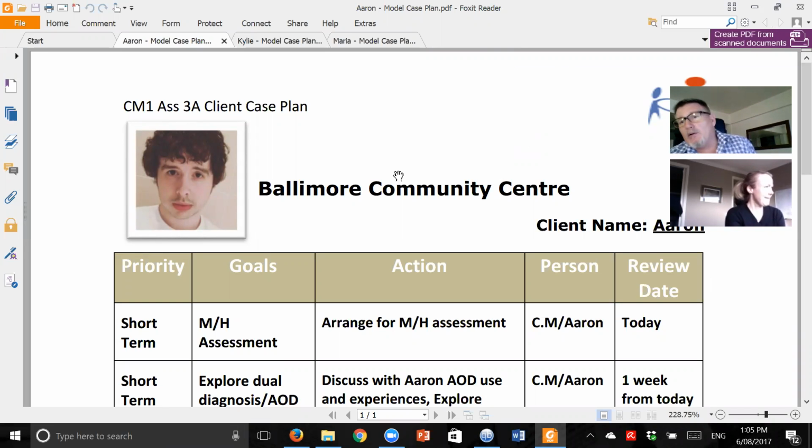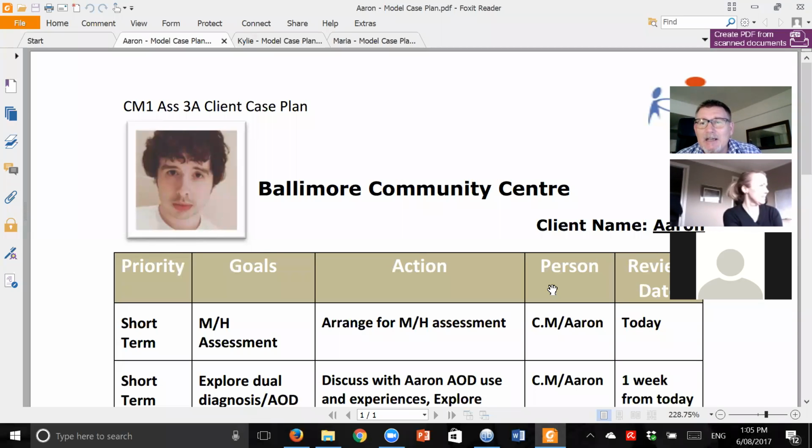No, we're here to help people, and I'm glad you've got questions because that's what's going to drive other people's knowledge as well. So this case plan is a little bit different to the one that you've got to fill in the assessment templates, in terms of it has the person listed, and that's quite important. So the document that you've got, it's a little bit basic. Case plans can be fairly dynamic, but we don't need to range off on that at the moment. Let's have a look at